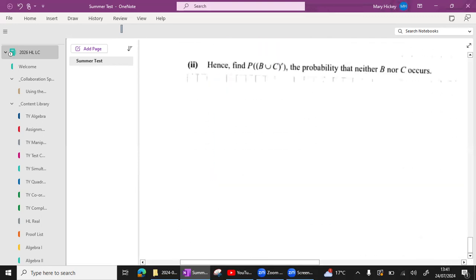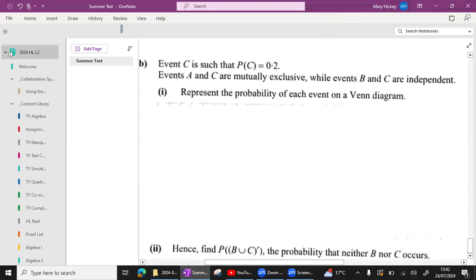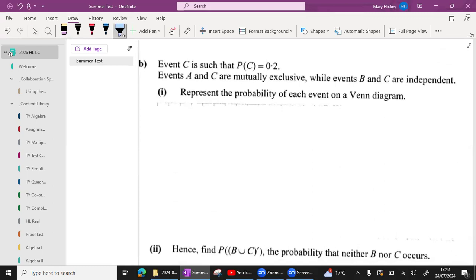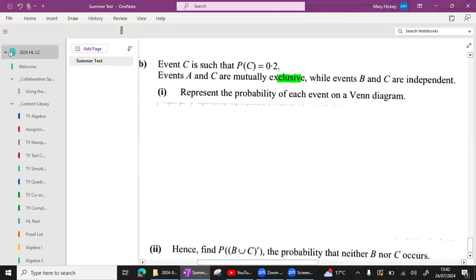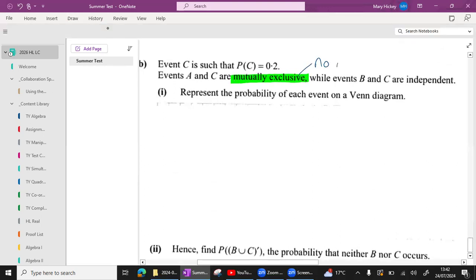Okay, and then we had another set join in. So we now have this event C, and the probability of C is 0.2. A and C are mutually exclusive. Now that means they can't happen at the same time, so that means there is no intersection between them. So in this case, there is no intersection